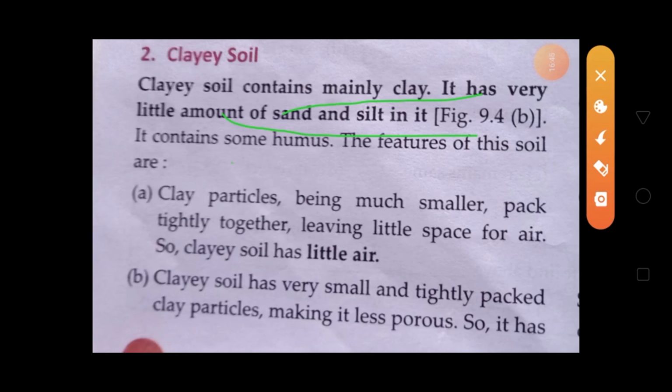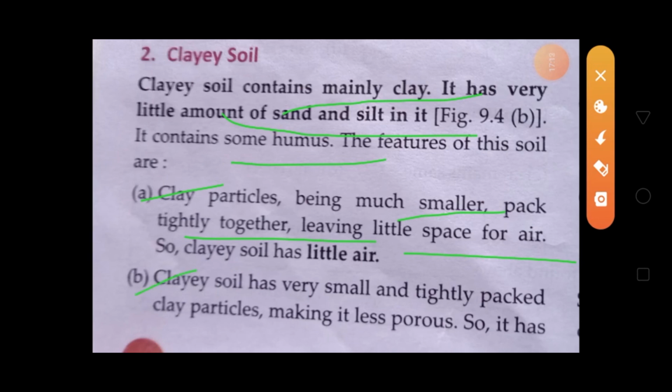It contains only some humus, not fully. The clay particles are much smaller, packed tightly together, leaving little space for air, so clay soil has little air.